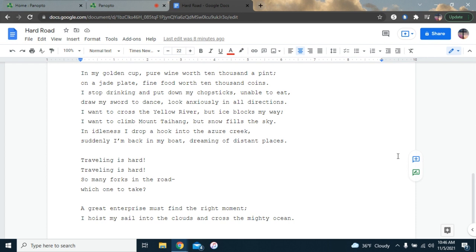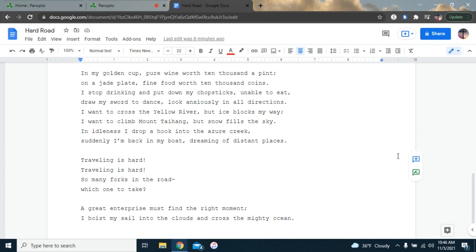So for context of this poem, you really have to know the background to understand what he's talking about. You can pull out words and themes just by reading it. And like I said, when we look at poems, it's what it means to us. Without the context behind this poem, there's just a lot of different themes and ideas that you could pull from this. But he's actually a rich merchant, and he's wanting to leave that life to pursue his dream of being a poet.